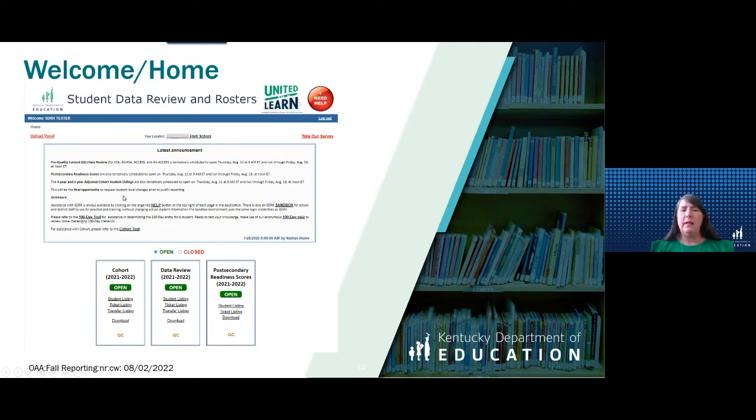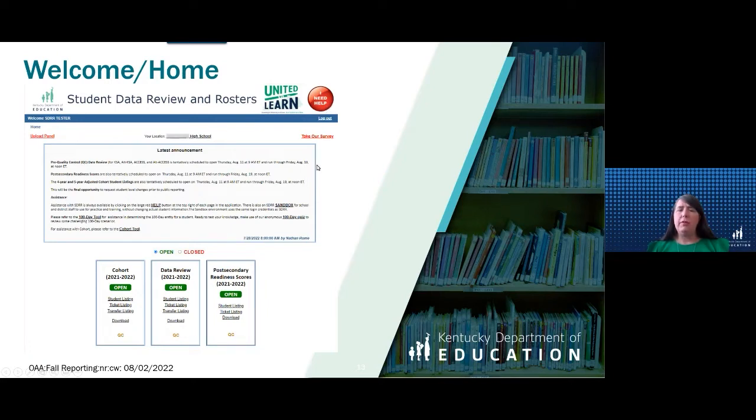For assistance, you'll go to the I need help button, that big red button that's always on the screen. That'll get you to lots of information about assessments, and we'll show you a screenshot of what that looks like. It's another important resource for you during the data review process.